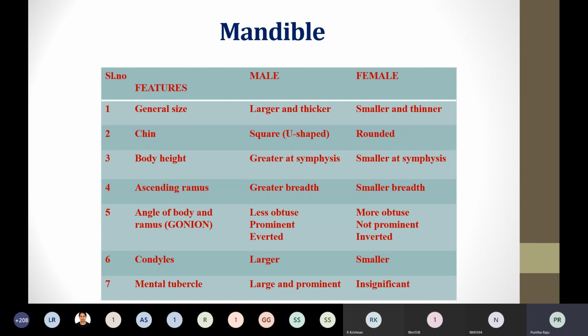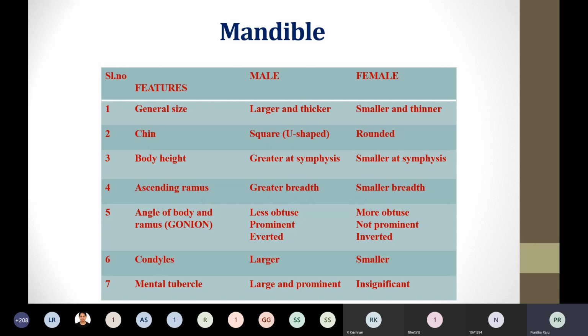At birth, the rudiments of all temporary teeth and of the first permanent teeth are found in the jaw. So what does that mean? You have the germ cells of all the temporary teeth as well as the first permanent teeth. Those germ cells will be present at the time of birth. For the second and third permanent molar, you don't have the germ cells.